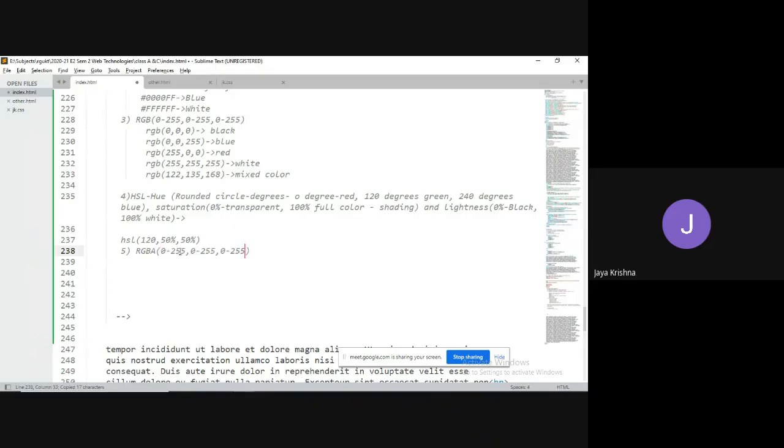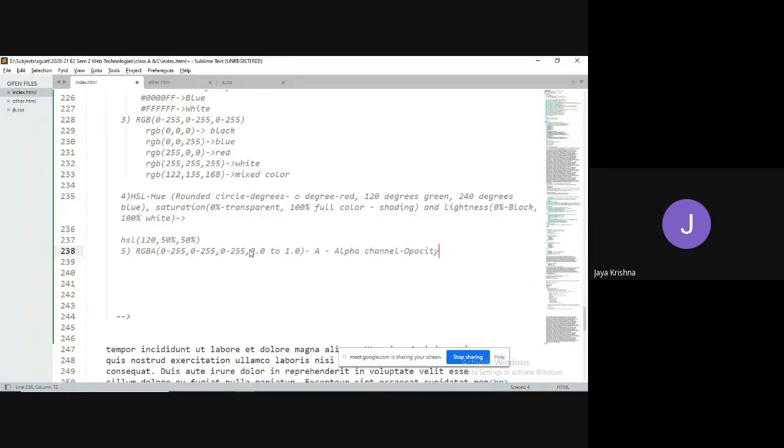The first parameter is red, the second is green, the third is blue, and the fourth parameter ranges from 0.0 to 1.0. Here A represents the alpha channel. In our terms, I would say it is opacity. Opacity means transparency of the color.